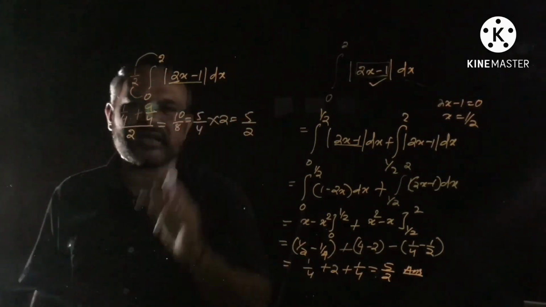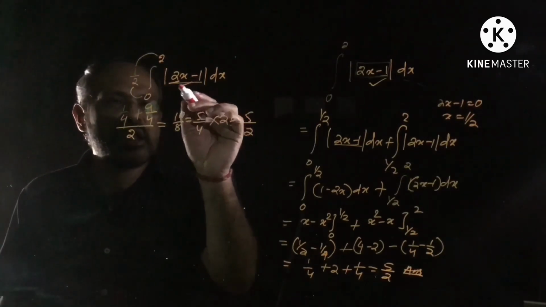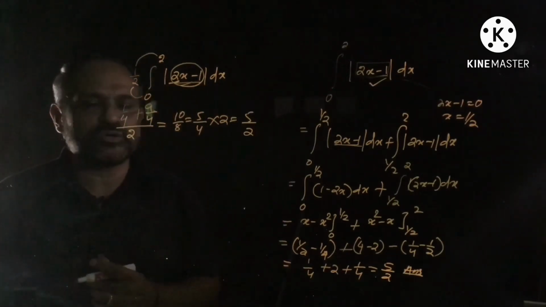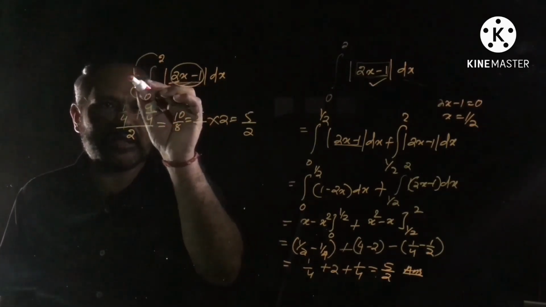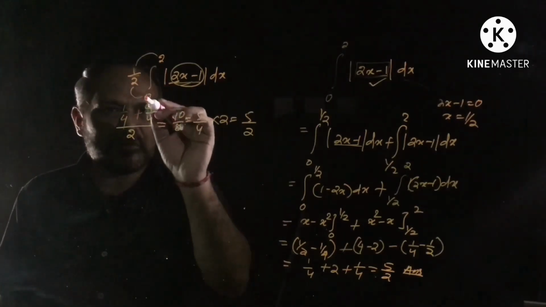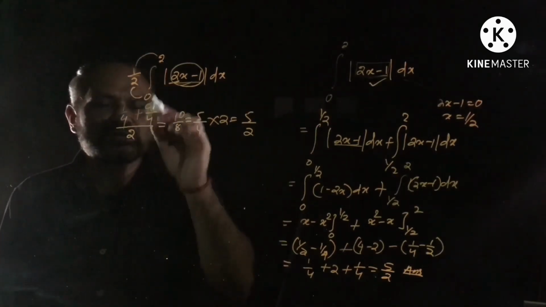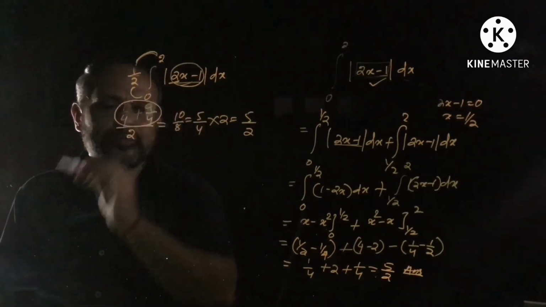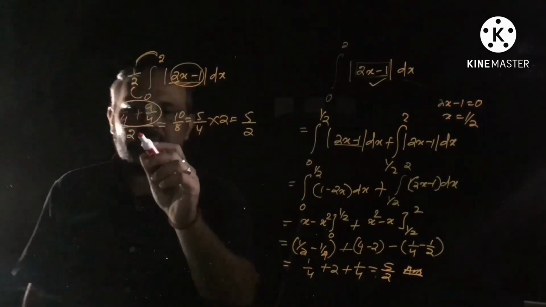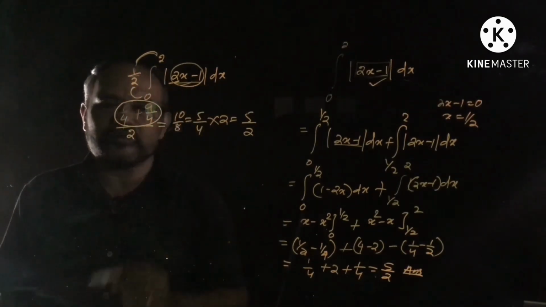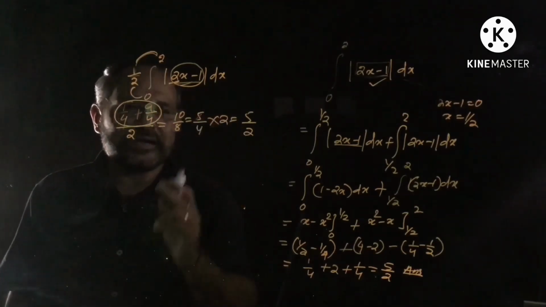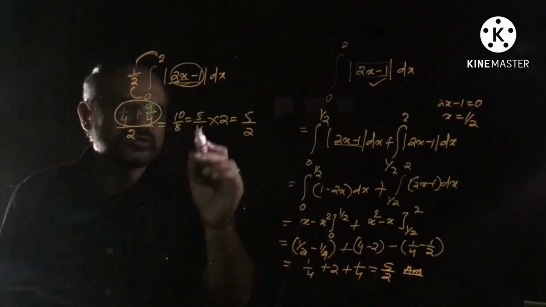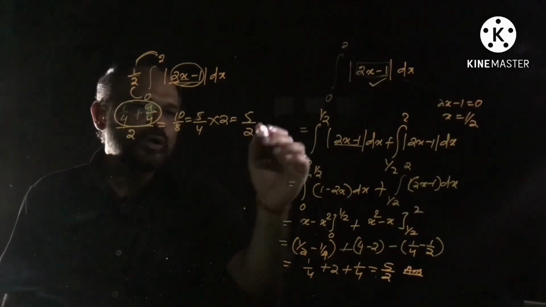I want to explain this again. First find out the value where 2x minus 1 is equal to 0. 2x minus 1 is equal to 0 at x is equal to half. Write here half. Find out the square of difference of these two plus square of difference of these two. 1 by 4 plus 9 by 4, that is 10 by 4, whole divided by 2, that is 10 by 8, which is equal to 5 by 4. Next multiply the coefficient of x. Here coefficient of x is 2. So this is equal to 5 by 4 into 2, 5 by 2.